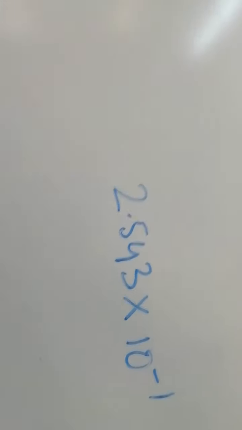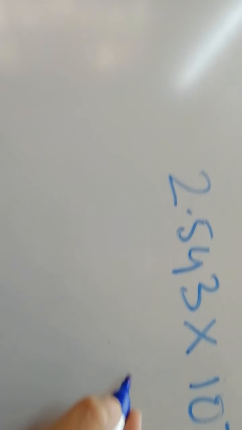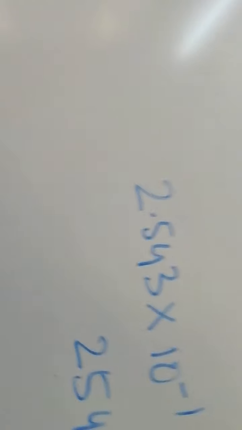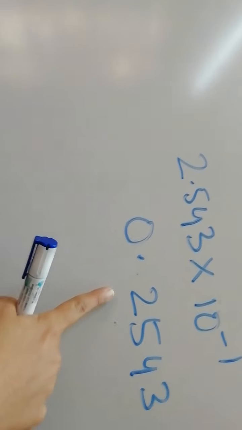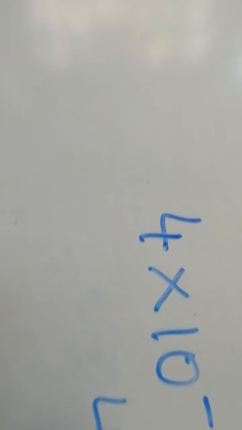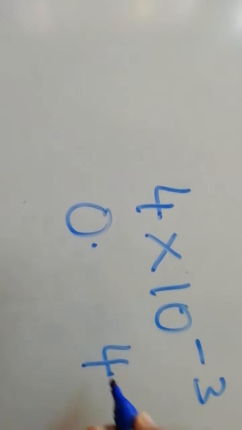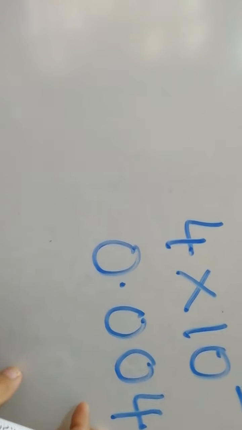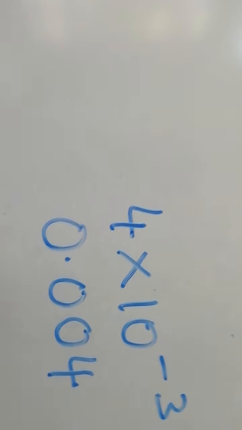Let us do few more examples. If there is a sum like this, 2.543 into 10 power minus 1. Write it as a whole number, 2543, and as it's 10 power minus 1, 0.2543, because it's only 1, so we will not put any zeros. This is 1, so 2543. Another example, 4 into 10 power minus 3. So first write only 4 and then 3, so 0 0 3 4. So 1 2 3 done. So answer is 0.004. It's very simple.